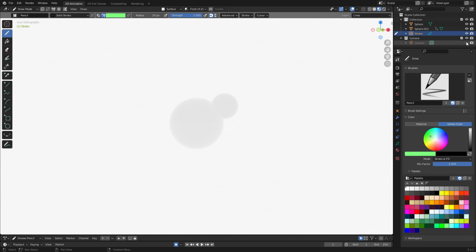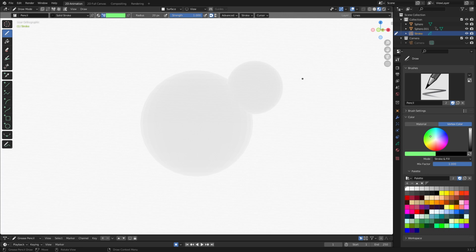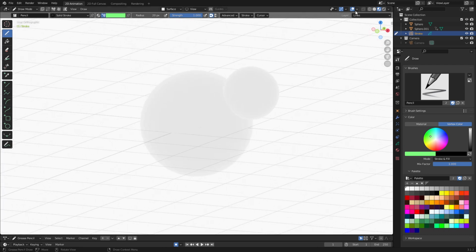I'm going to hide the camera so it's not in the way, and we're also going to use the view. Let's see if we can see our canvas. Okay, so I'm going to use my stylus now, and I'm going to start to draw